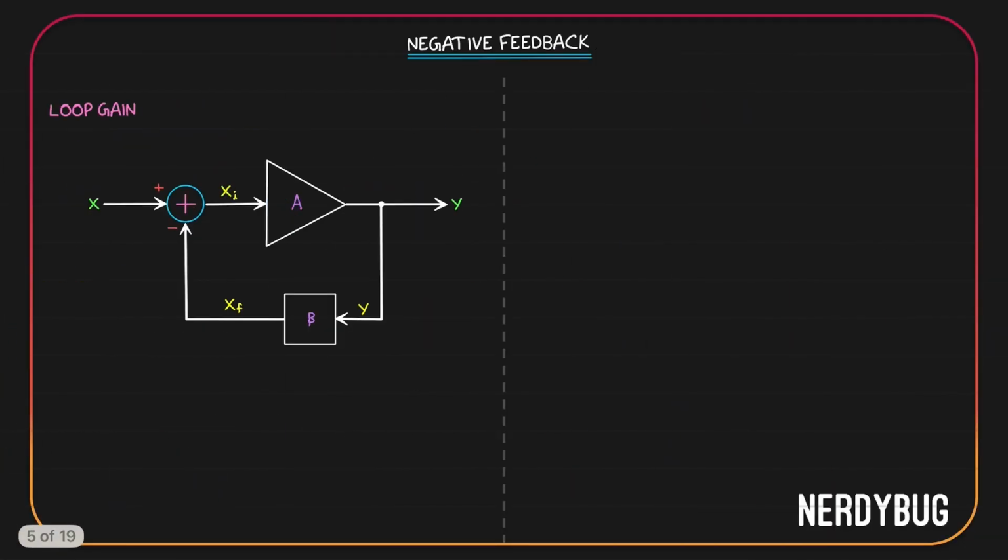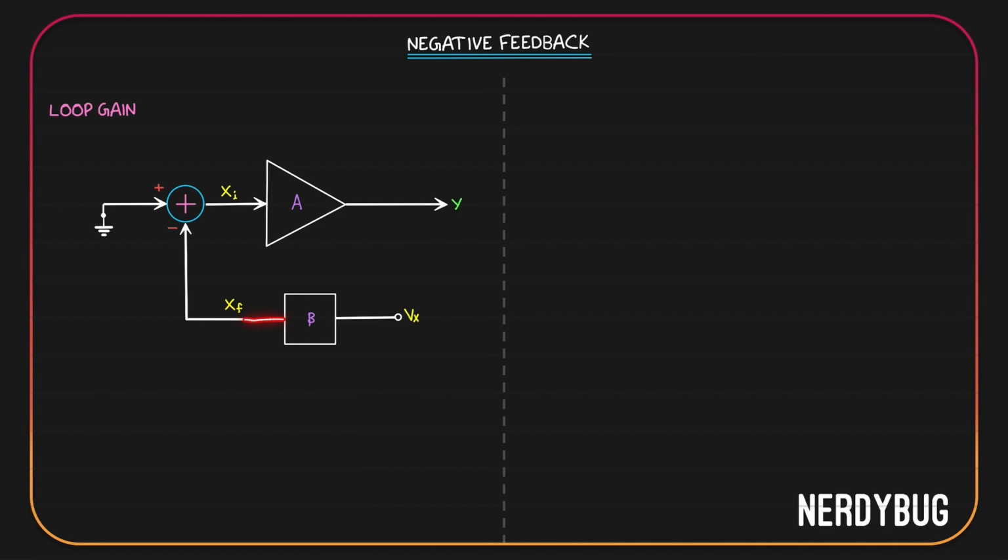The next concept you have to understand is loop gain. Now, if you think loop gain is the same as closed loop gain, you couldn't be more wrong. Let me explain. Here the input is X. Let us assume we are not giving any input. Let us assume input is grounded. If input is 0, we can say there is no output, Y will be 0. So there is no point in taking Y through a feedback network. Let's remove that connection. Instead, let us assume that the feedback network gets some input Vx.